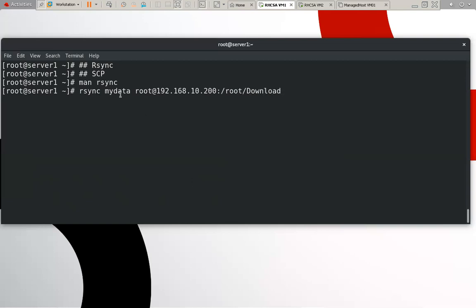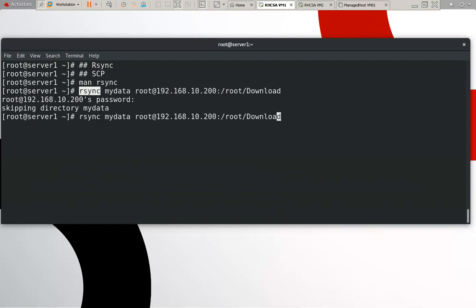So this particular folder will be copied in this location. But at this time, when we transfer the data, it's not transferred because this is a folder. The -r option also works here. When we use -r, then data will be transferred.